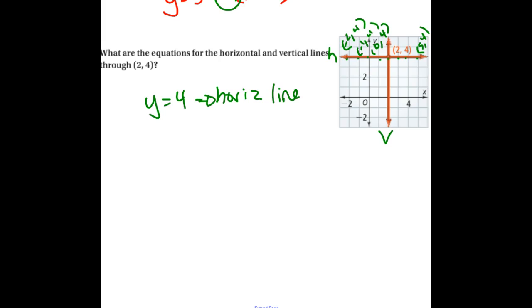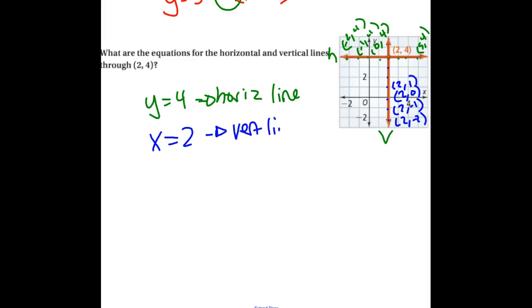We'll do the same thing for that vertical line. Think about all those ordered pairs on there. What are all of these ordered pairs? I've got (2, 0), (2, -1), (2, -2), (2, 1), all the way up there, (2, 4). Well, all of them have x equals 2. That's the equation of your line,